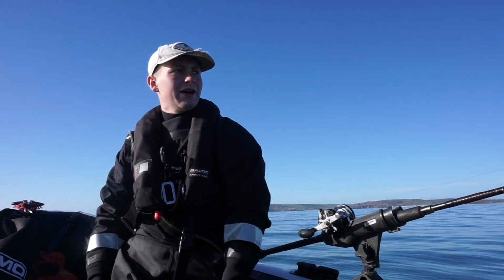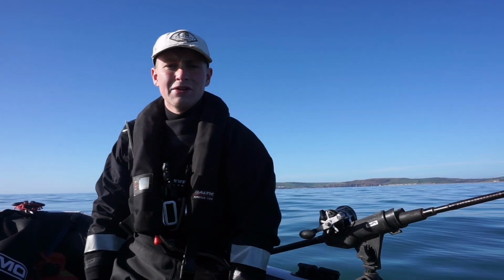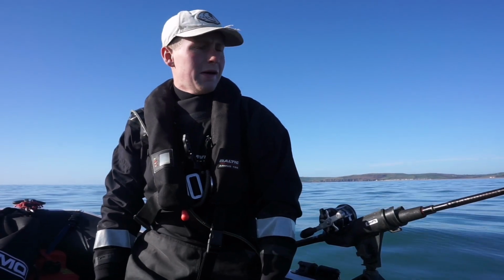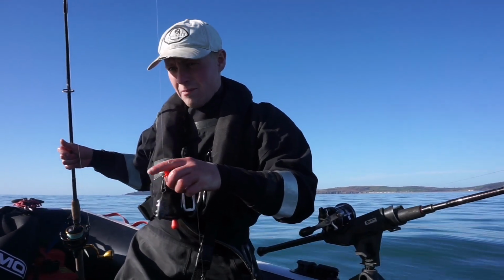Okay, so the tide has just changed now, and the wind's dropped off completely. It's lovely and calm now. It's turned into a really nice day. You'll notice I've got my dry suit on. That's just because the water temperature is really low at the moment, about 9 degrees. If I fall in out here and have to swim back, well, let's put it this way, I probably won't be able to swim back because I'd die of hypothermia first. That's why I've got a dry suit on. But anyway,